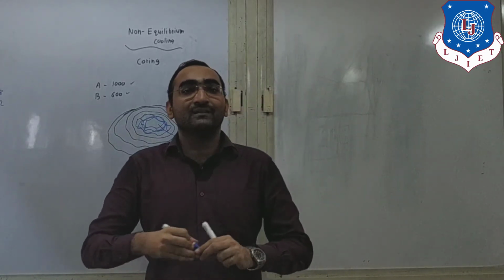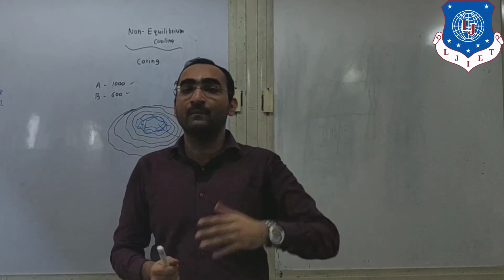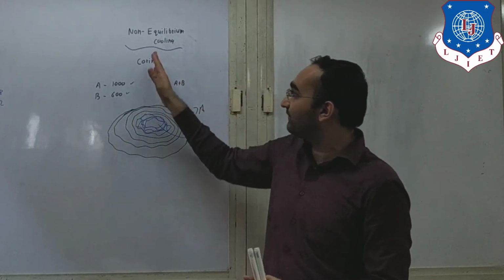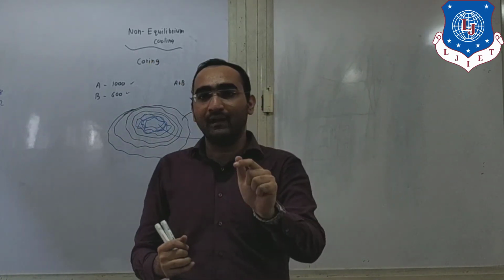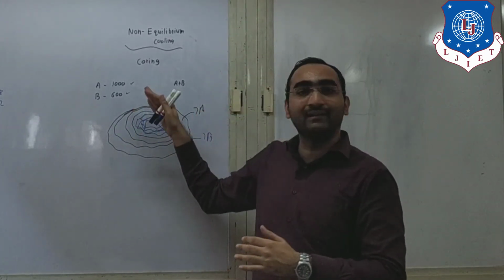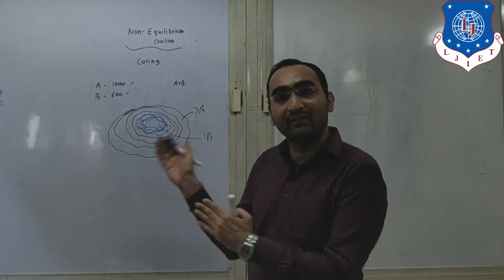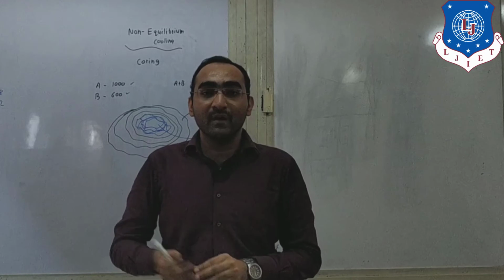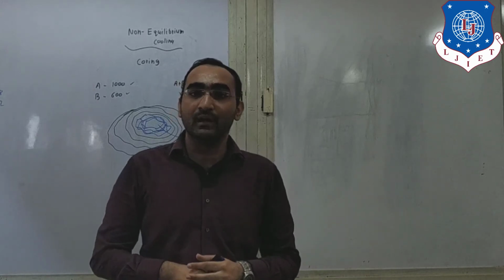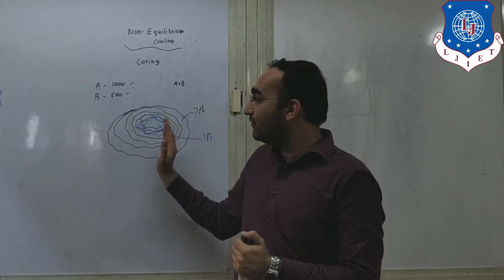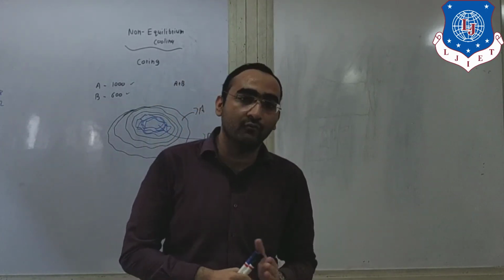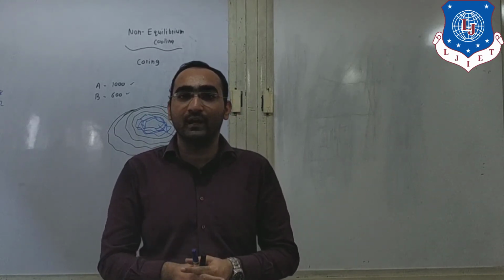So this is the non-equilibrium cooling. When you are not going for equilibrium cooling, this coring phenomenon occurs, in which the metal with the lower melting point is at the center, whereas the metal with the higher melting point is at the exterior, and as a result we get a non-uniform mixture. It is not safe, because if you take this material for an application, it will definitely fail. Clear? So to avoid this failure, we have to avoid non-equilibrium cooling. We should always go for equilibrium cooling, so that a proper mixture is obtained for our further use.